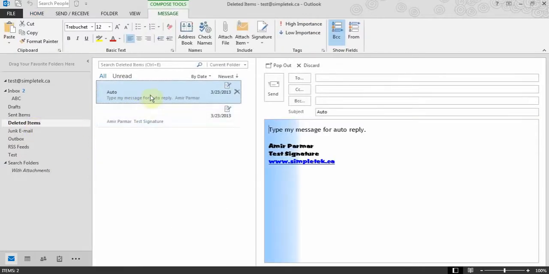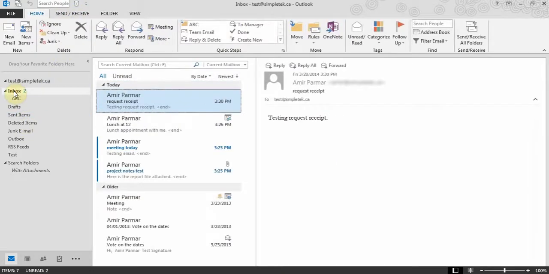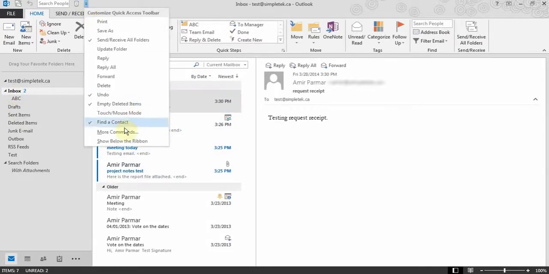So it will be sitting here in the deleted items, and then once you delete it from there, it will be really gone from your computer. Okay. All right, and the other thing you can do here is you can also add more commands,